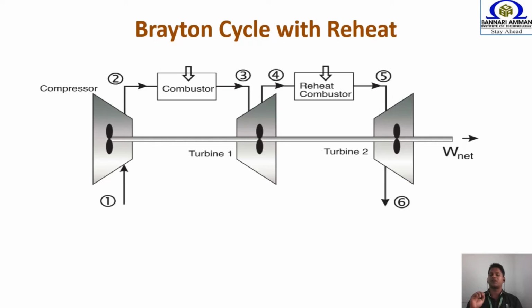You see here in the third modification of the Brayton cycle, by using a reheater, we are able to extract more energy from the turbines. For example, in the ideal Brayton cycle you are getting 100 kilowatts of work output. By doing this reheating, you can get 150 kilowatts of work output by providing two turbines. In between these two turbines, we are providing the reheater. I hope now we can understand the difference between the first, second and third modifications. In the first modification, we are providing the intercooler. By providing the intercooler, what happens?